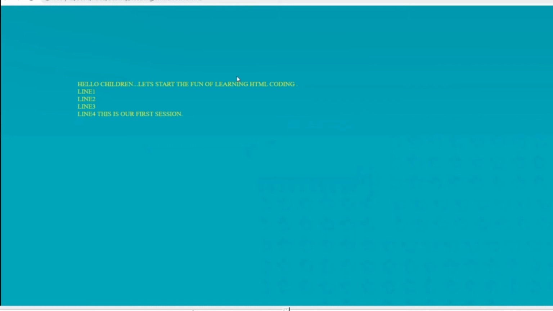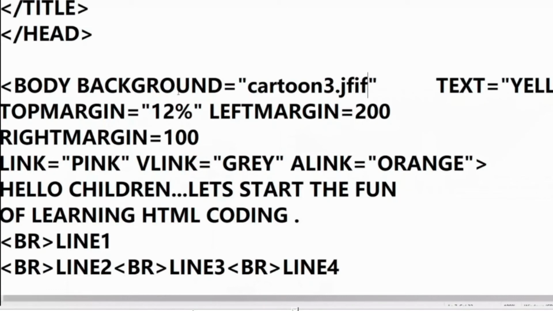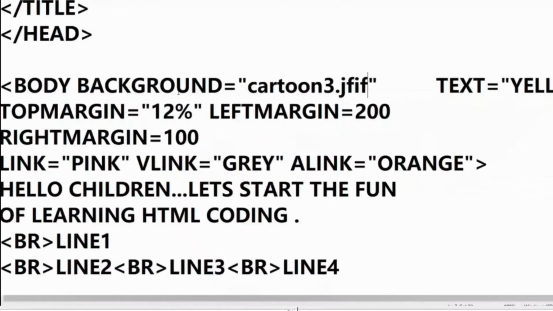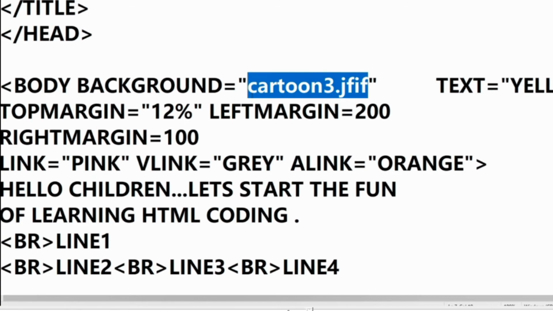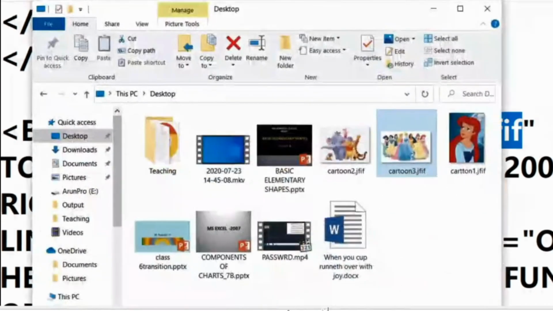So this is the web page. Now I will refresh it. See, image is not getting displayed. I will tell you why. If I refresh, still see image is not getting displayed. What is the problem? Let me move back to the coding part. Here I told you this file name is already there in my device in two places. So there is a confusion.